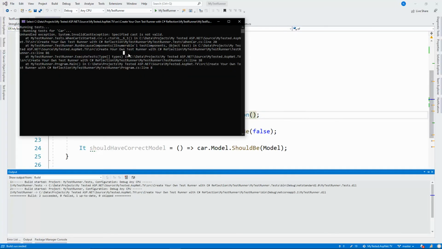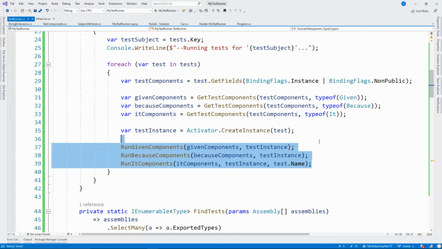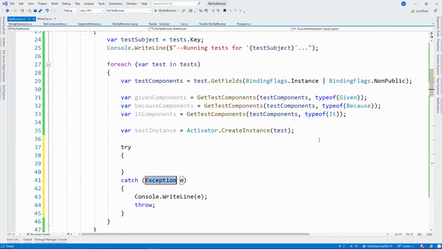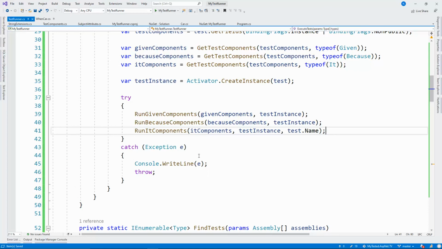It's not very friendly. So let's put a global try catch on all our components and